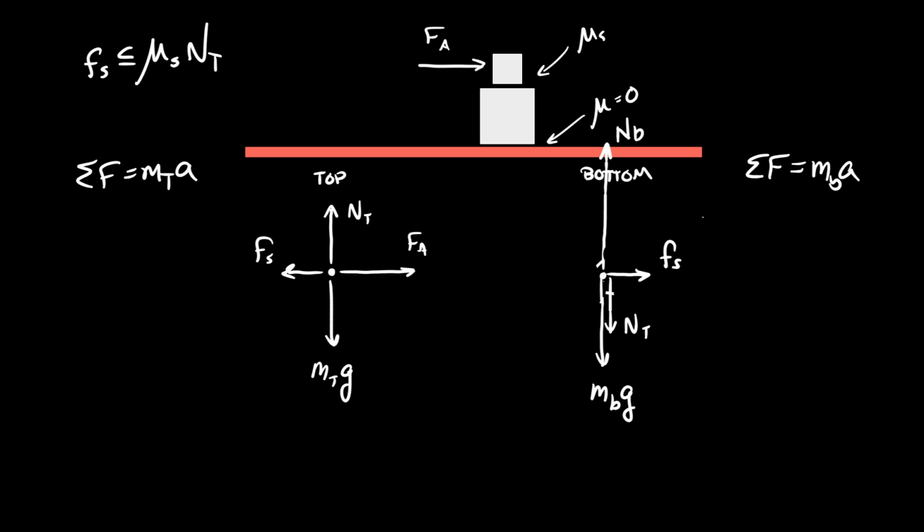Now, here's where you need to really be paying attention to what was said in the problem. How big a force can you apply without the top box sliding off the bottom box? They're delivering information to you in code. The only way the top box doesn't slide off the bottom box is if they both have the same acceleration. That's what they're telling you there. Yeah, there's going to be other things involved, but they're telling you the two boxes will have to have the same acceleration. If one accelerates more than the other, then they're slipping. Do we understand? That's a condition. They're telling you the accelerations are the same.